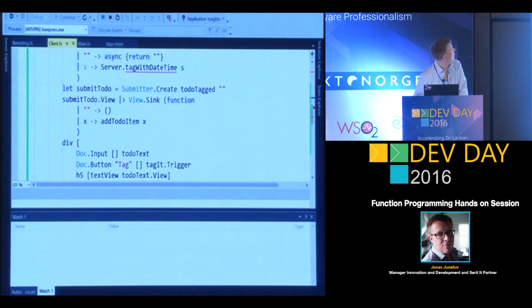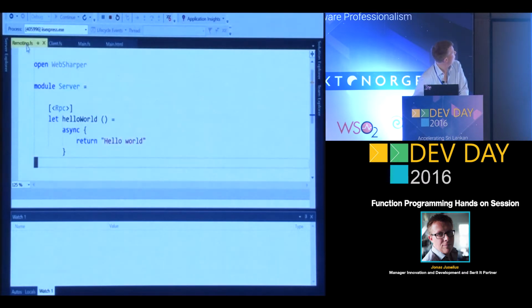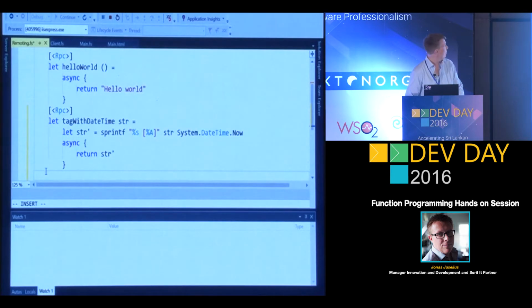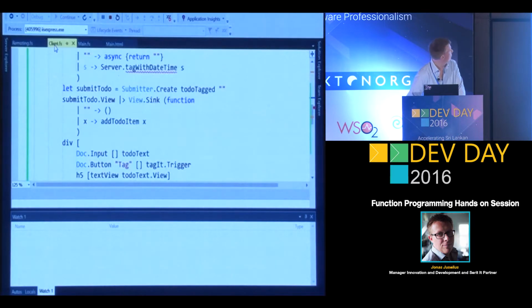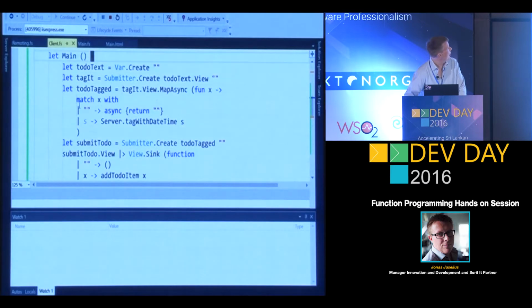Right, back to Visual Studio. I'll go into remoting here. Save that. Go back to client. And now it's not red anymore. Right. So what happens now is that we will have a workflow where this gets updated instantaneously from the input